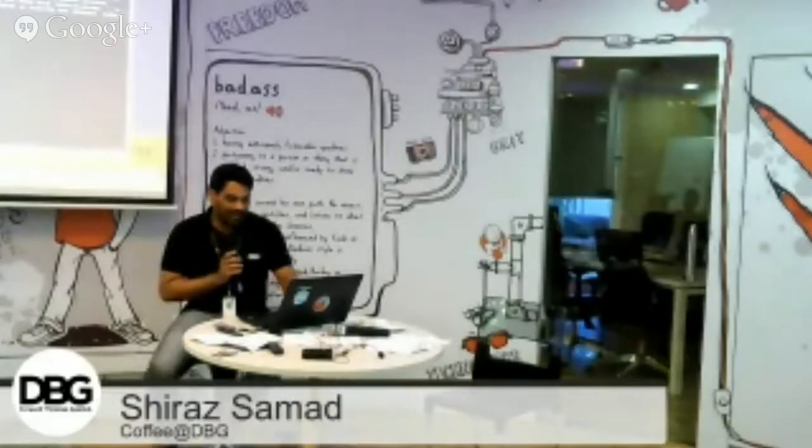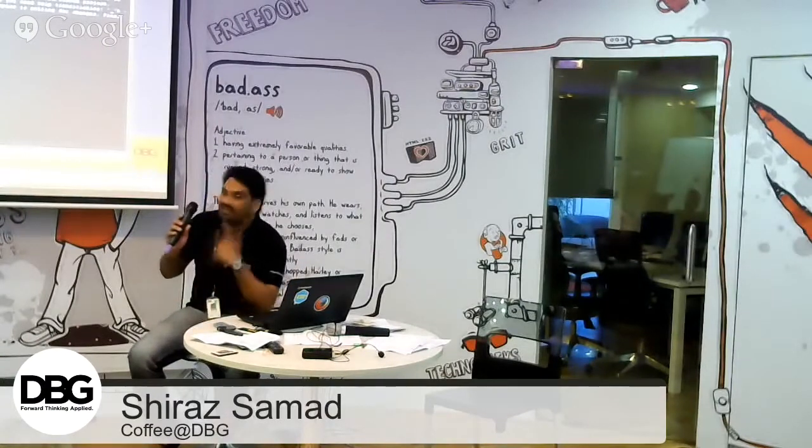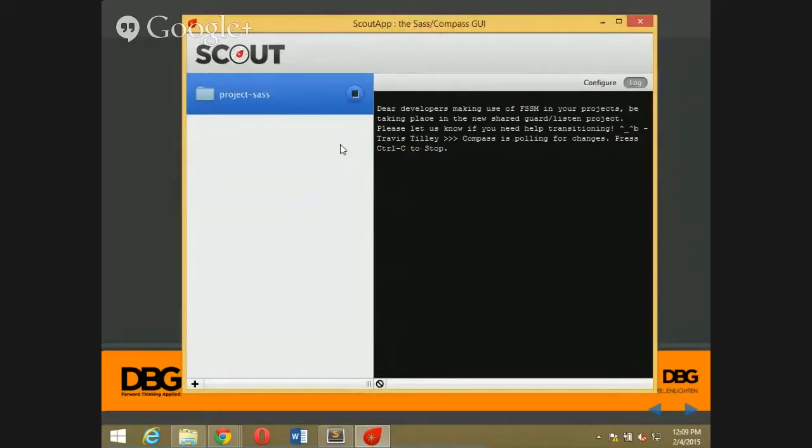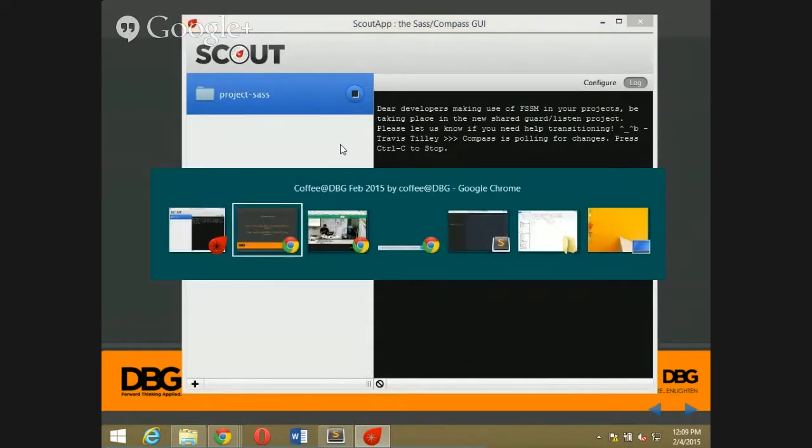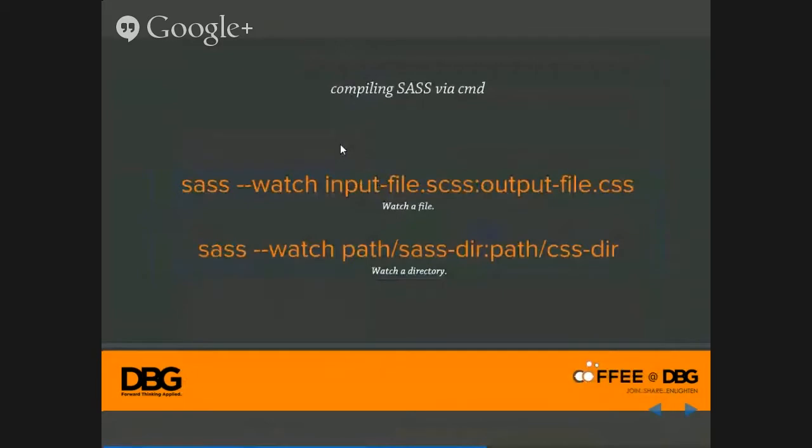It started compiling, and the process will carry on. If you are writing Sass and using the command line, then we have to compile the Sass file, and this is the way we do it: sass --watch, the input SCSS file colon the output CSS file.